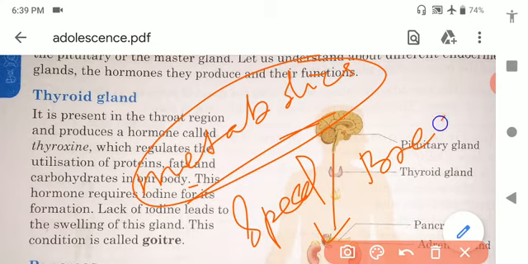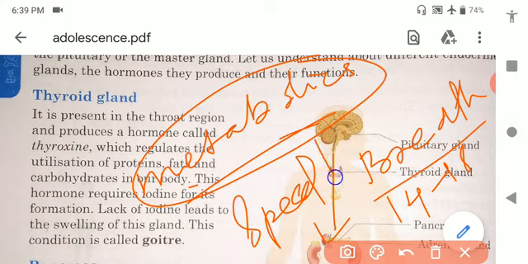How many times do we breathe in a minute? We breathe about 14 to 18 times a minute. So the rate of respiration, digestion, assimilation, and so many functions taking place inside the body of a human being